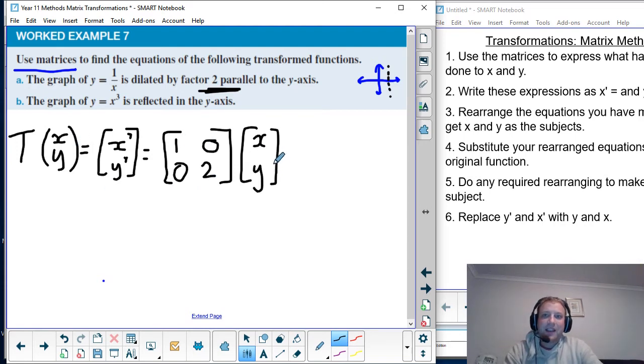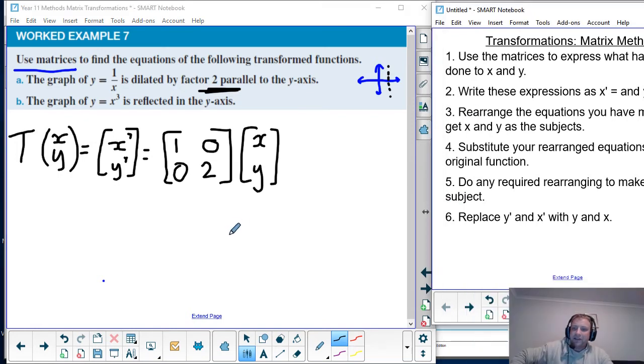Okay, what we do now is we use these matrices to find the equation. So we're going to follow these 6 steps. Okay, so we're going to do step 1. Step 1 says use the matrices to express what's been done to x and y. That really just means if you've got some matrices that are multiplying or they're being added, just actually do the maths with the matrices. Okay, so we're just going to multiply these 2 matrices together,